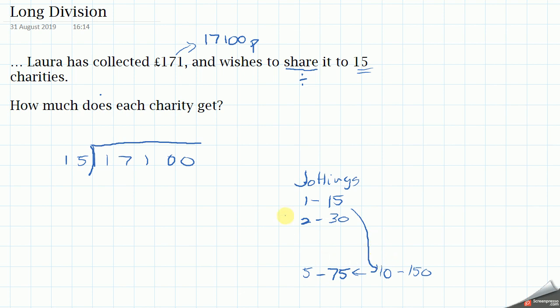So we start off over here saying, can 15 go into 1? No. The 1 carries into the next column then. Anything we can't divide at the moment goes into the next column and is 10 times bigger. So now we're looking at 17. I'm trying to do 17 divided by 15. And that we can do, which is 17 goes once,